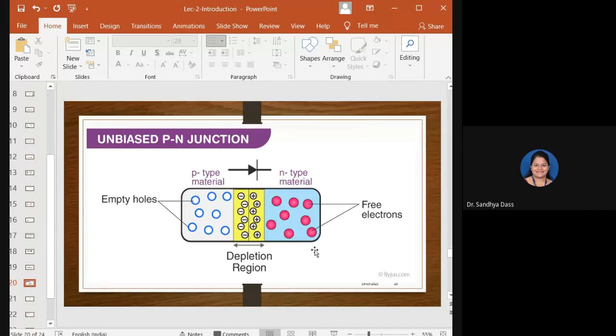So that's what I was saying. The diffusion of holes and electrons, the recombination process we were talking about, decreases exponentially with respect to time and distance. So what does it mean? At the junction, the recombination process will be maximum, right? Most of the recombination occurs just after the junction is made and near the junction. The impurity atoms are fixed in their individual places, isn't it? So the atoms in the p-type are fixed here, and the atoms in the n-type are fixed here.